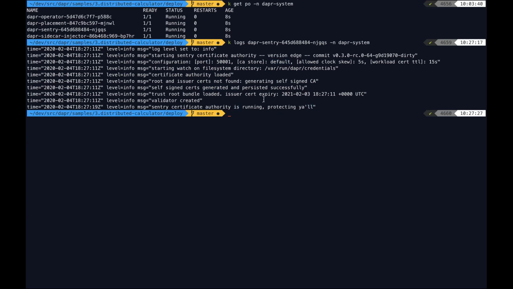Yeah. And here you can see the issuer cert expiry. So by default, it's 1 year. Okay, so the next thing we want to do is basically deploy the app, or an app, but one app would be kind of boring, right? So we're going to deploy the distributed calculator sample, and for those who don't know it, it's one of my favorite apps in the whole world because it has 5 different microservices just to do different operations on a calculator. So I'm just going to apply what's in here,